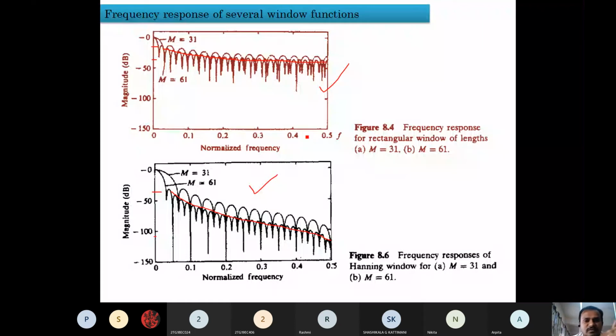Okay. In that experiment number 7, you are going to draw the magnitude and phase also. Here it is shown only magnitude. What about the phase factor? That is theta omega. So how will it look? What is the graph of that in the 7th experiment? We'll discuss that in the 7th experiment itself.